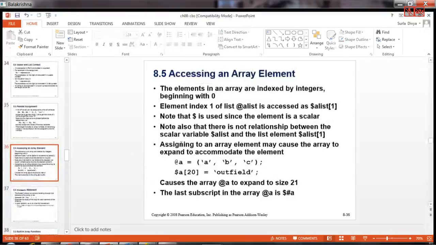Now, how do you access the array element? We have already defined @a is equal to some ABC.